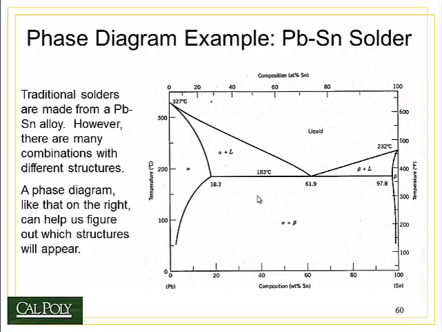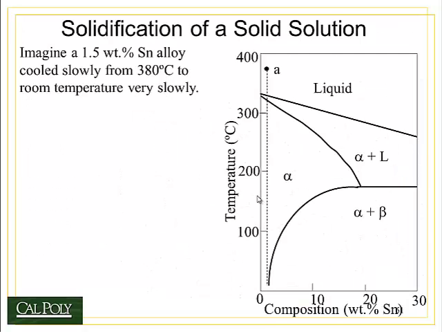One thing you have to keep in mind is this is an equilibrium phase diagram, which means that everything that happens on this diagram occurs at thermodynamic equilibrium. In order for that to happen, we have to have sufficient time for the atoms to rearrange into the crystal structures that have the lowest energy state. Well, giving them time means doing everything very, very, very slowly. So we're going to assume that any changes in temperature that we do on the diagram occur at an infinitely slow rate, which of course is not very realistic, but is close enough to reality that it works pretty well